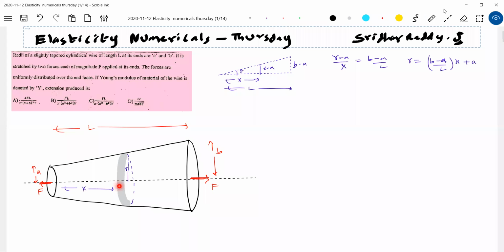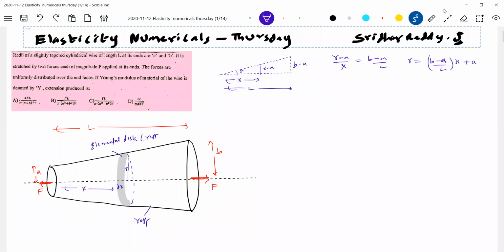So what is the thickness of this? dx. Then how much force is there everywhere? See, what is the state of this? This will be at rest, no? It is not moving. So therefore, even this elemental ring, elemental disk here, what is the state of it? It will also be at rest. So what is the net force acting on it? It will be F only. I think it is understood. I need not show that one. Okay, let's calculate the elongation in that one.